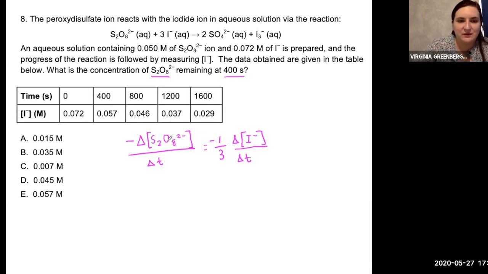And so what we're really trying to find is this numerator up here, the concentration of S2O8 2-, and how much it's changed, so that we can use how it started and how it changed to figure out how it ends at 400 seconds. And so what we can do is figure out how much the iodide has changed. So our change in iodide